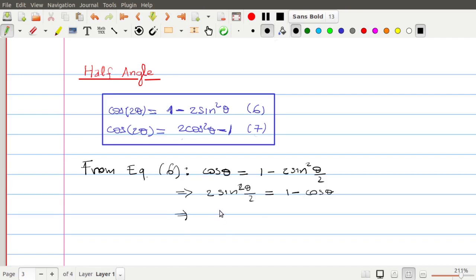Okay, let's do it step by step. We have sine squared theta by 2 will be equal to 1 minus cosine theta divided by 2, and finally we can find the sine of half angle, that is of half theta, will be equal to plus or minus the square root of 1 minus cosine theta